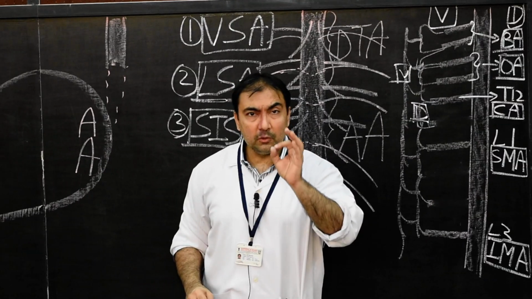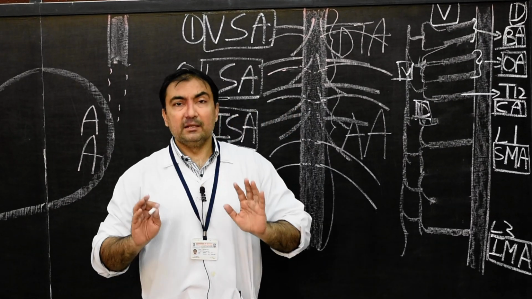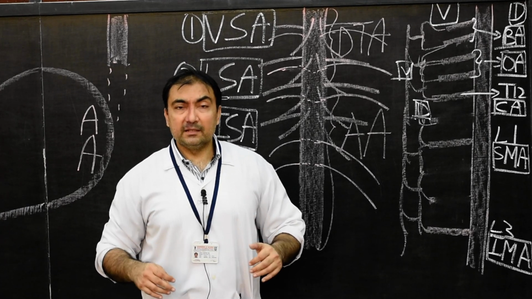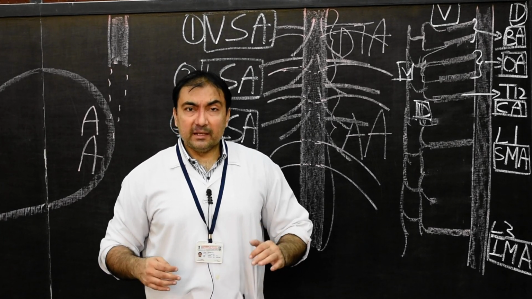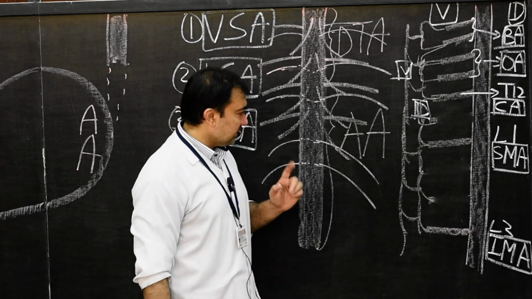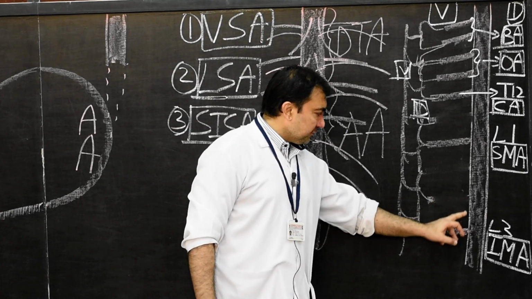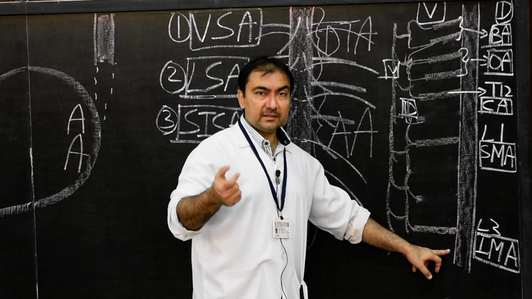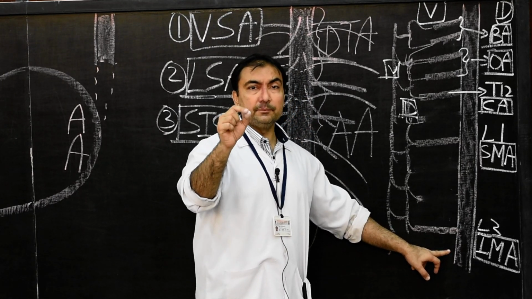Now we come to the most important one in the caudal region, in the abdominal cavity and the pelvis, and that deserves to be mentioned. And what is that artery? It is also a ventral splanchnic, but we will take a different segment for that, that is the umbilical artery.